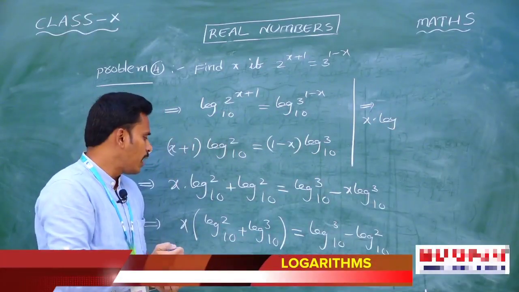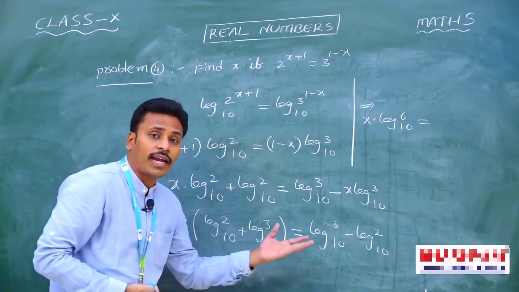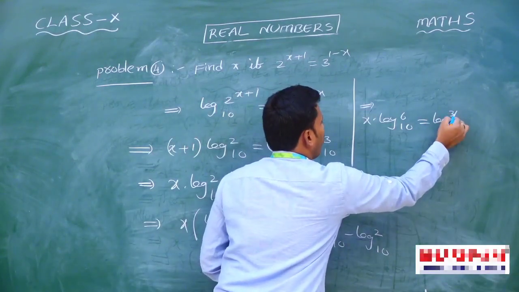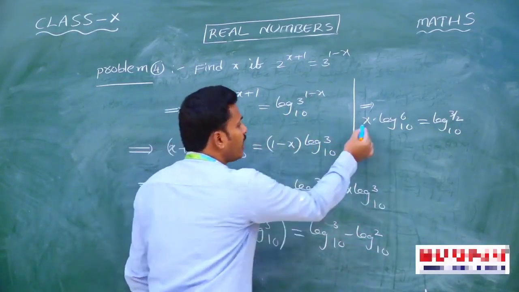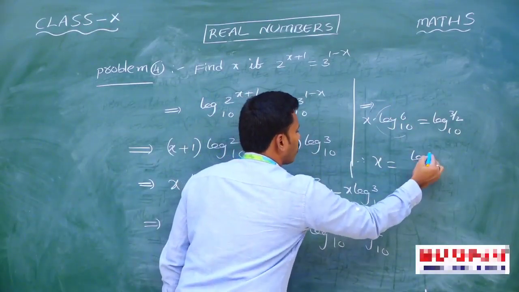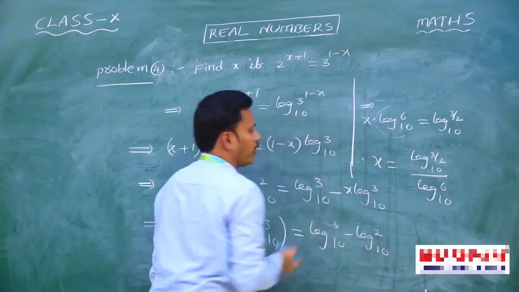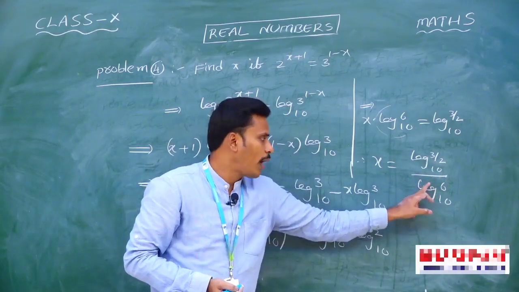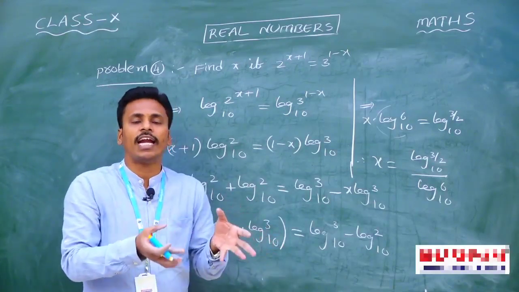So at the end we have x times logarithm of 2 base 10 plus log 3 base 10. You just multiply those two numbers. Then it becomes logarithm of 6 base 10, which is equal to, on the right side, a minus sign is there, so you just write it like that: logarithm of 3 by 2 base 10. Is this right? Because a difference is there, use the division. And now since I need x, send this log 6 base 10 to that side. Therefore, x is equal to logarithm of 3 by 2 base 10 divided by logarithm of 6 base 10. At the end, your value of x is logarithm of 3 by 2 base 10 divided by logarithm of 6 base 10. Okay, it is completely using the 3 standard laws of logarithms.